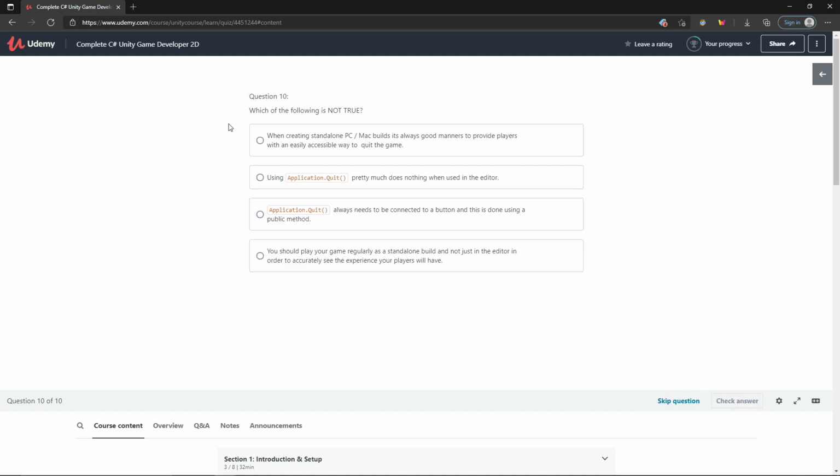Which of the following is not true? When creating standalone PC Mac builds, it's always good manners to provide players with an easily accessible way to quit the game. That's true. Using Application.Quit pretty much does nothing when used in the editor. That's also true. Application.Quit always needs to be connected to a button, and this is done using a public method. That's questionable, but I don't think it is necessary. You should play your game regularly as a standalone build, not just in the editor, in order to accurately see the experience